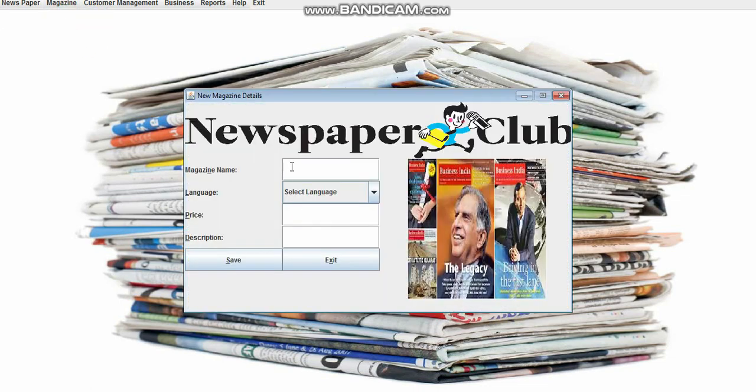And this is the magazine tab where you can do the same operations, such as entering a new magazine, updating the existing magazine, and if you wish to delete it, you can delete it. Now this is the magazine name that we are entering. We select the language, we enter the price, and you can give any description that you want.